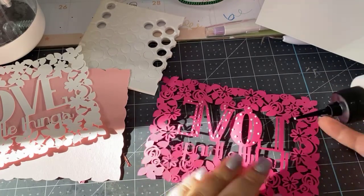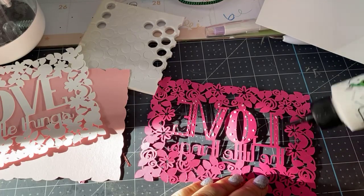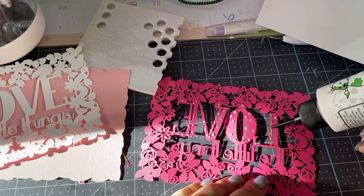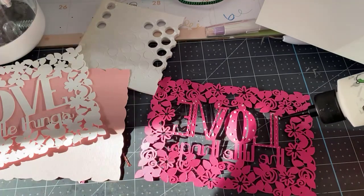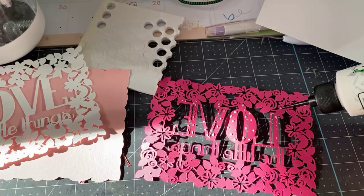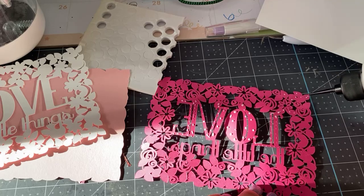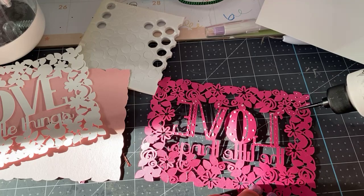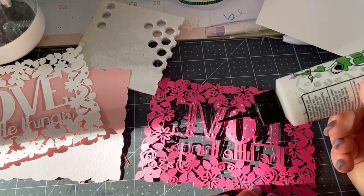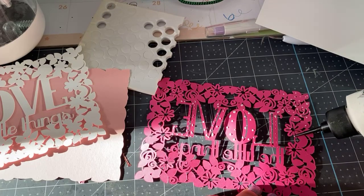When you are using glue, it doesn't matter what glue you're using, although I do prefer this glue just simply because of the way it dries. I also use this glue called Art Glitter Glue, but it's hard to find in the winter. So what I'm doing now is putting glue everywhere, but not a whole lot of it. You see, I'm barely pushing on the bottle, and I'm just putting little tiny